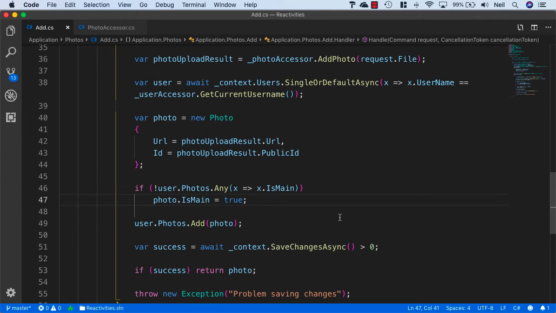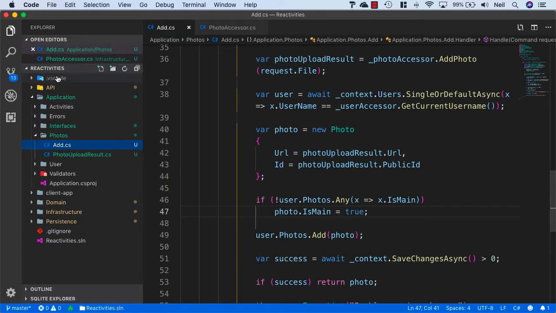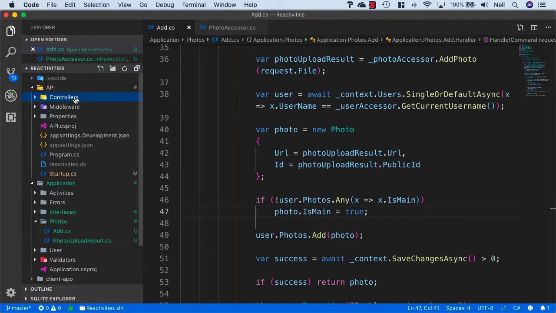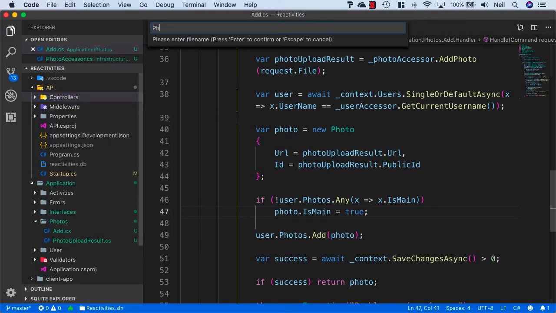So we're almost there. We almost have the ability to test our photo upload. We just need the API endpoints now. So what we'll do, we'll go into our API, and in the controllers, I'll just add a new C# class, PhotosController,